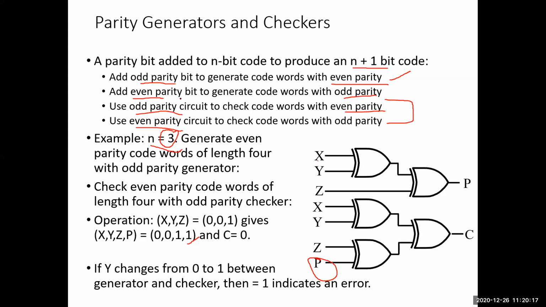If an even parity bit is added to this particular n bit number, it will always be generating an odd parity. Even parity means what? You are trying to generate an even number of ones. If you're adding an even parity bit, it will be generating an odd number of ones.